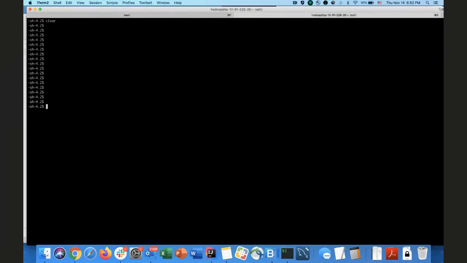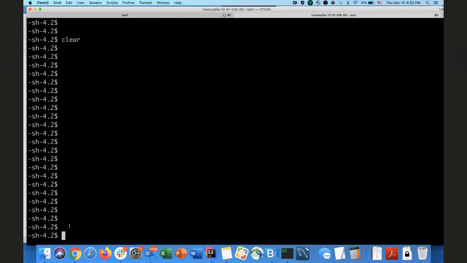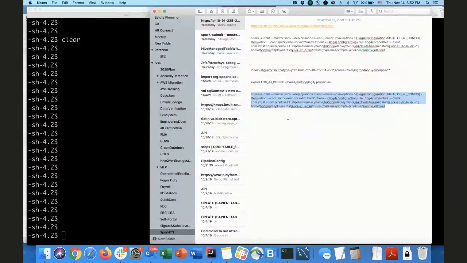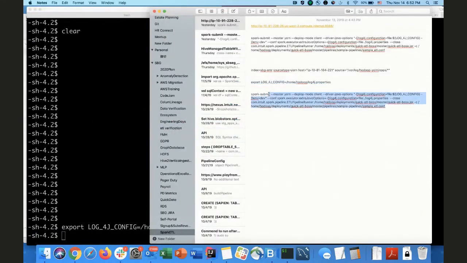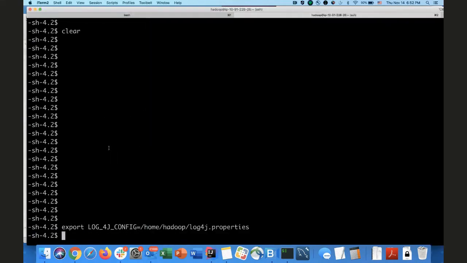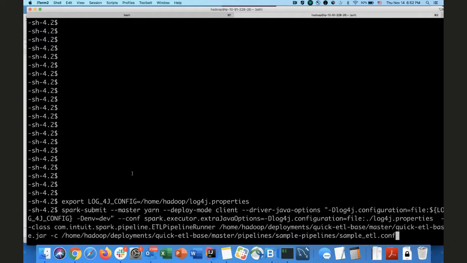So here. Okay, so this is the tab that I'm supposed to run the command. This command takes the path to the configuration file, and then it's taking the environment dev, right? So when I run it,